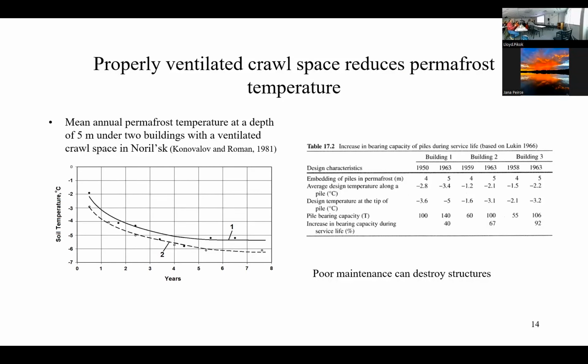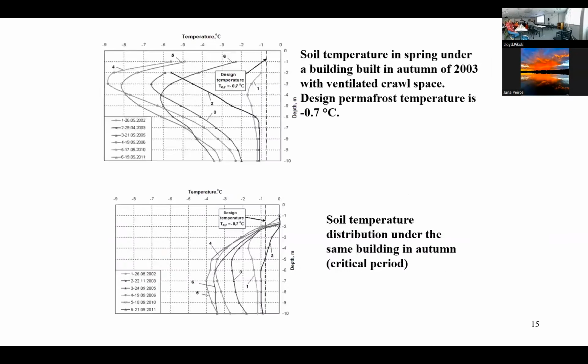The other example is from Yakutsk, where you can see the bearing capacity during the structure's life. I believe in the first case in Norilsk, bearing capacity increased several times. Even more